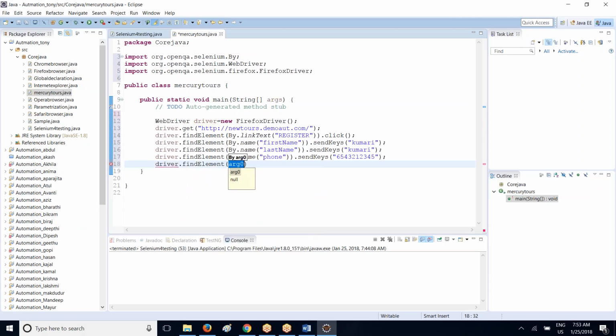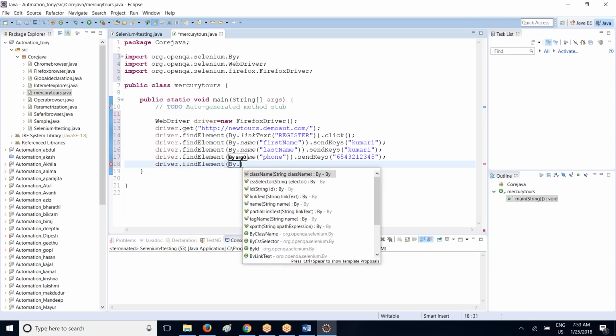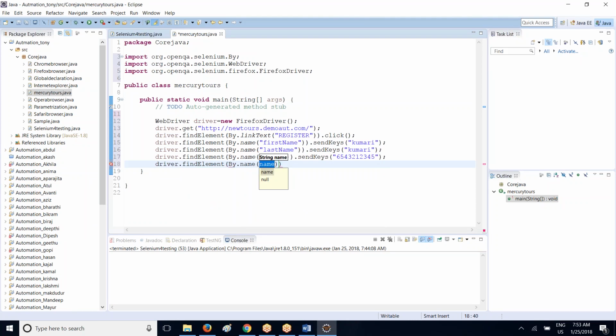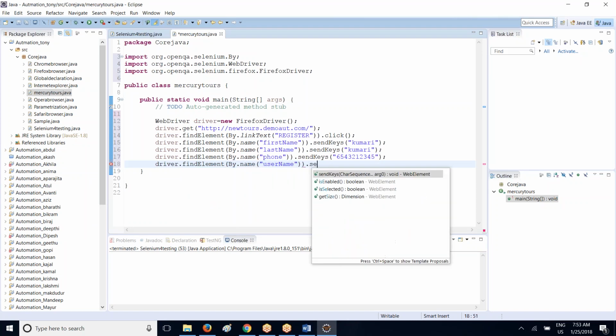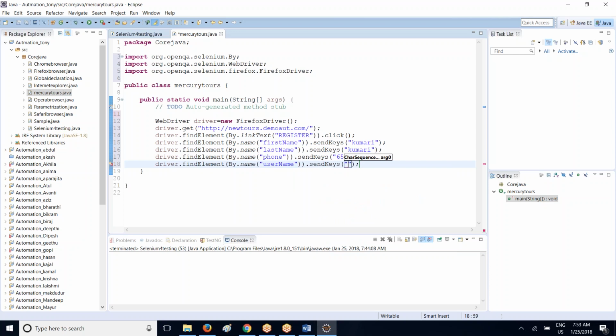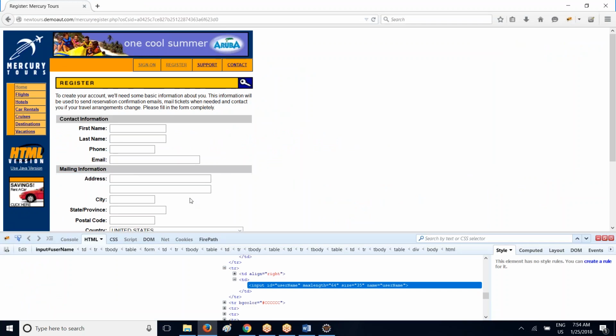Driver dot find element by dot name. Name is what here? Username. Dot what you have to do? You have to go ahead and send the keys. So keys is like whatever the name you want, you can just go ahead and give the username. Okay. And then next one is what? Then you have to go ahead and enter the